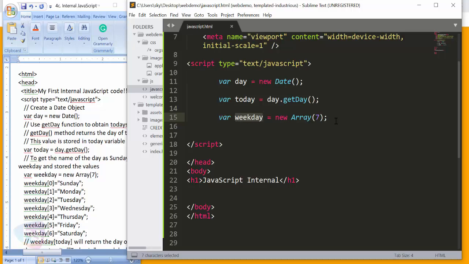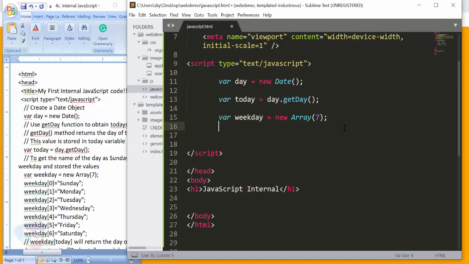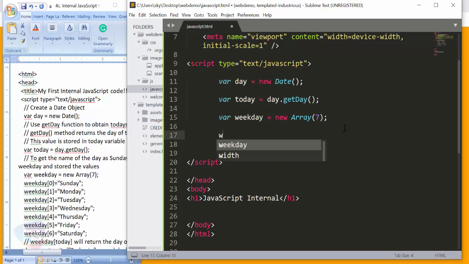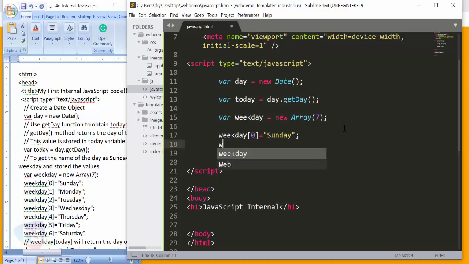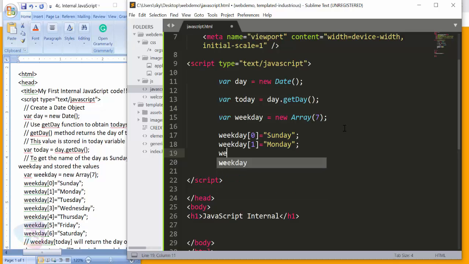I am taking 7 array values here. It's very simple what I am doing. Weekday and array will start from 0. Always strongly remember, an array starts from 0. From the 0, Sunday, I have written here, and weekday of 1 would be the next value, Monday, and weekday of 2,